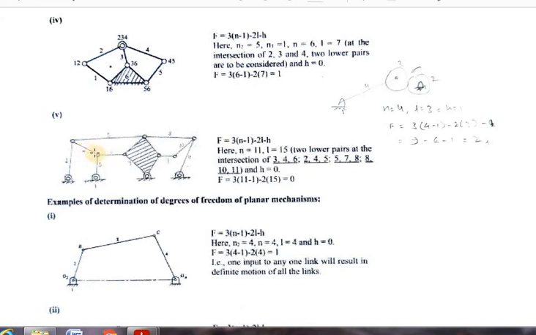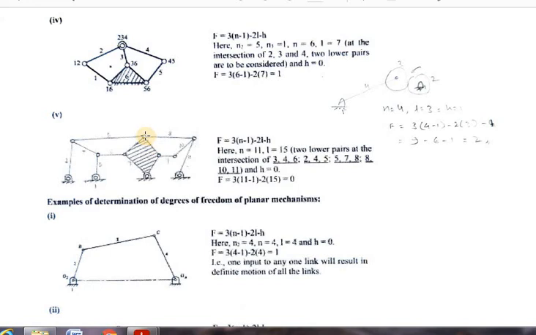So we have to count here 2. So 1, 2, 3, 4. Here we have to count it as 2 because it connects between 1 and this link and this link. Okay, so again here we have to count it as 2. So 2 plus 2, 4, 5, 6, this is 7, this is 8, this is 9,